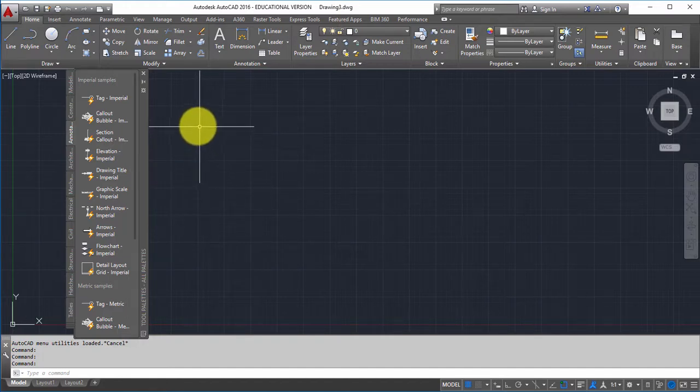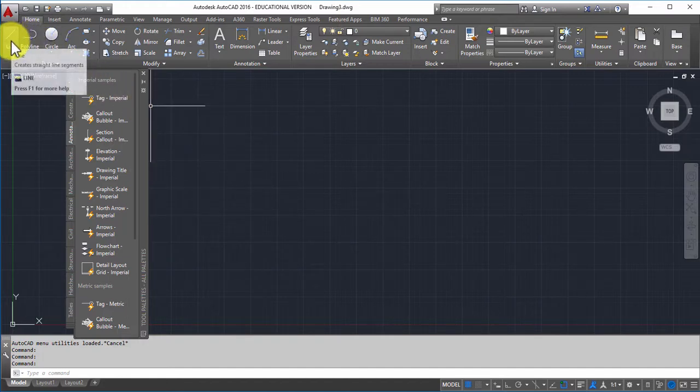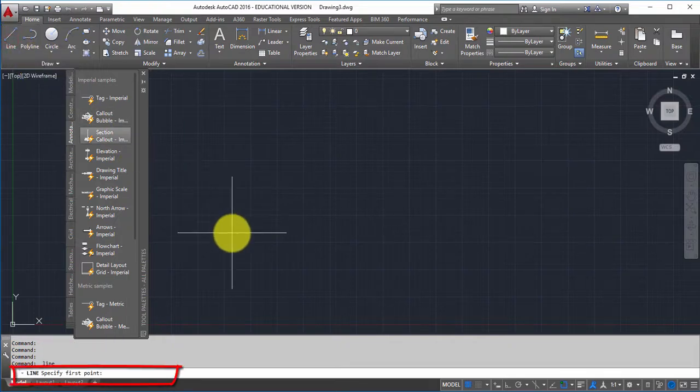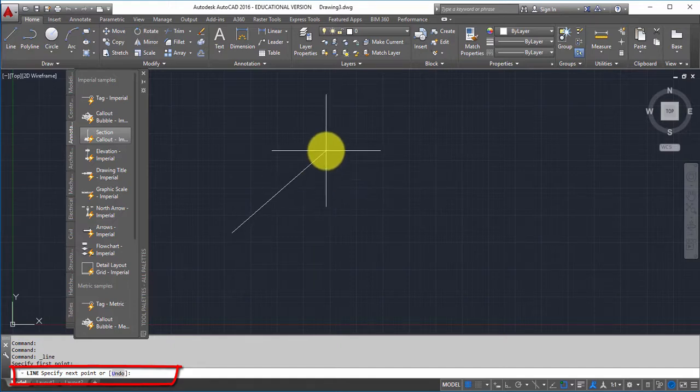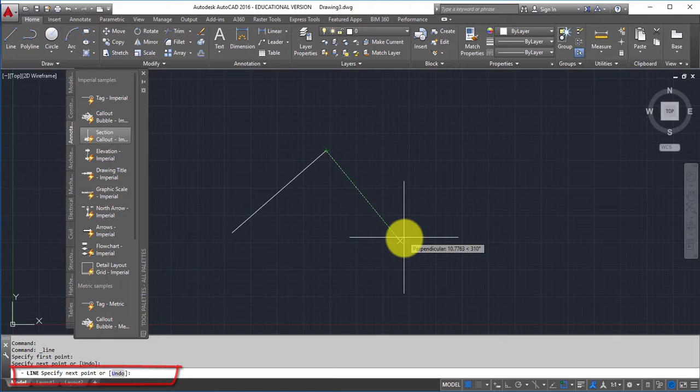Here I'm going to simply click the first button, Line. You'll notice down here in the command line that it's asking me for a first point. I can pick that first point by clicking, and then it says specify next point. I can click that point by clicking as well. I continue doing this